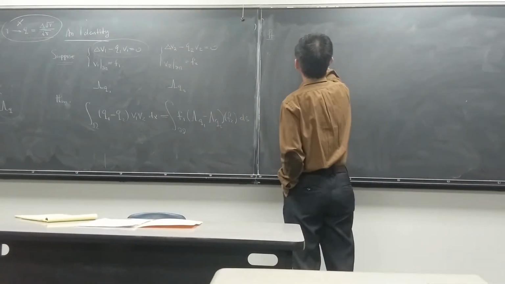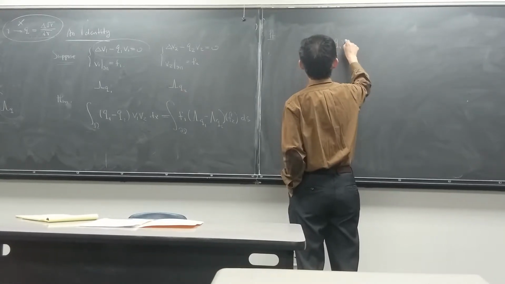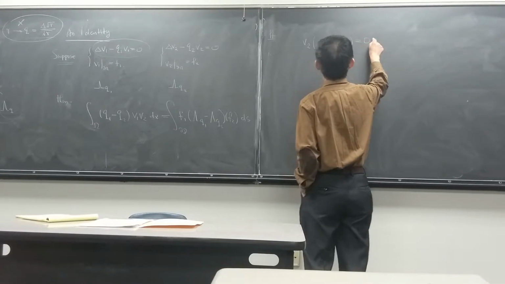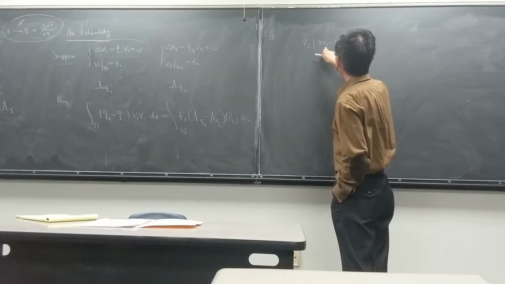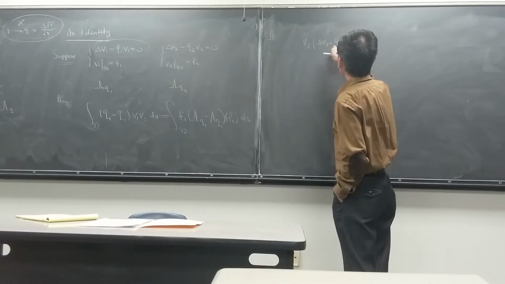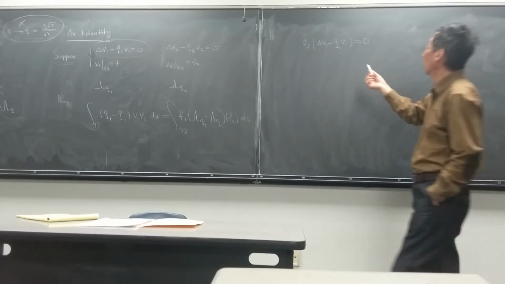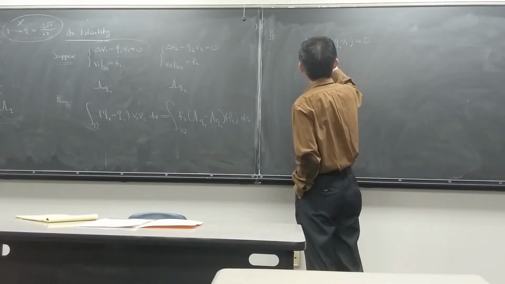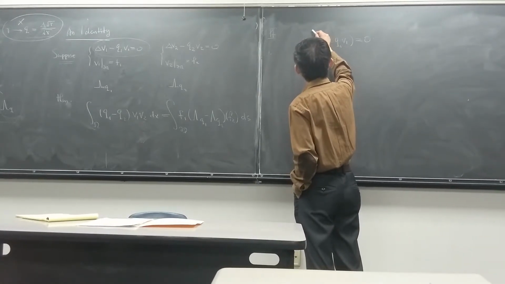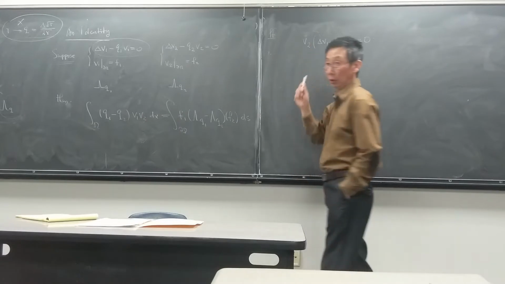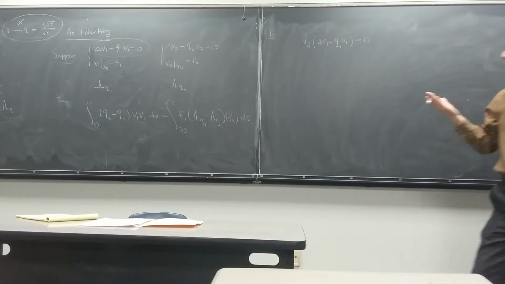So you have V2 times Laplace V1 minus Q1 V1 equals 0, right? Then here, it creates two terms. The first thing is V2 Laplace V1. Then another term is Q1 V1 V2, which is fine, it's already there. Now here, the idea is that for the first term you have the Laplace here, we're trying to shift the Laplace onto V2. You can do this by integrating by parts twice. Okay? So I'm going to do this.